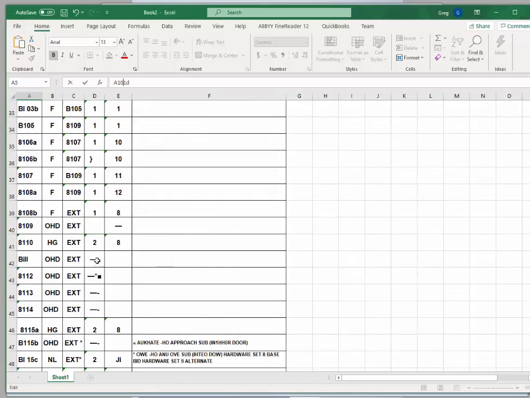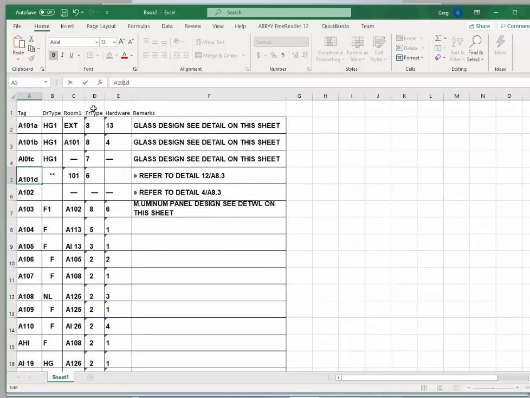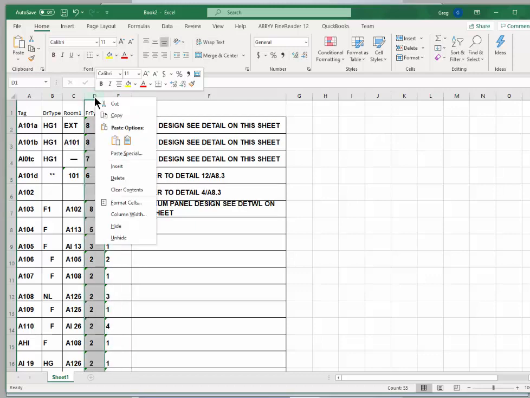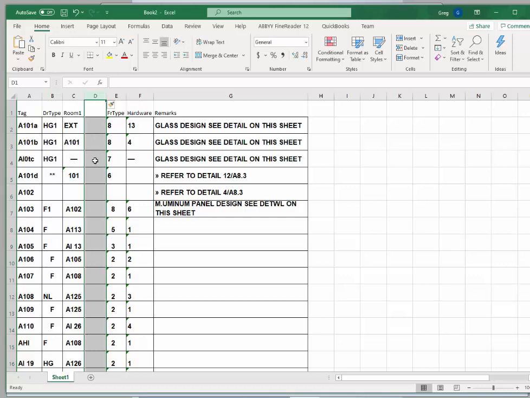Again, you have things like this. Now that will copy that into the frame type column. It will copy these dashes because it's something there, or you can just click into those and delete. Or you can use the substitute command, enter a new cell, or column rather, and use the substitute command to